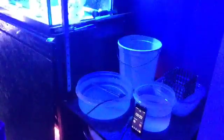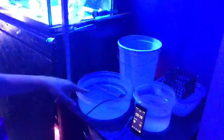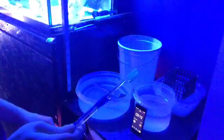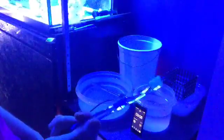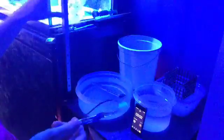I'll probably just do 7.5. So we'll wait another minute here, and then I'll go back from this one to here and individually rinse and scrub with my dipping toothbrush. Yeah, it's my daily use toothbrush actually, so I can't wait to brush my teeth with this after. No, I'm kidding. This is my dipping only toothbrush, and then I have a tank only toothbrush as well,